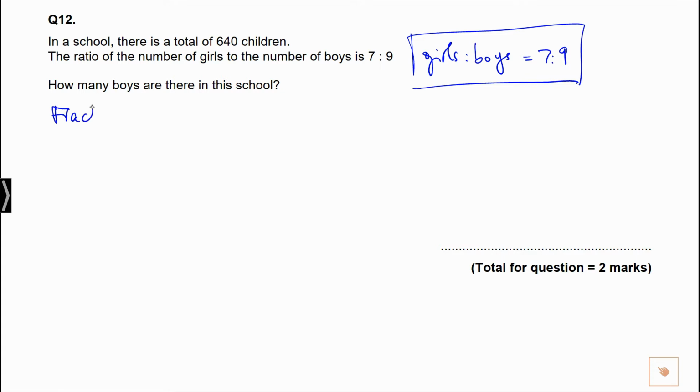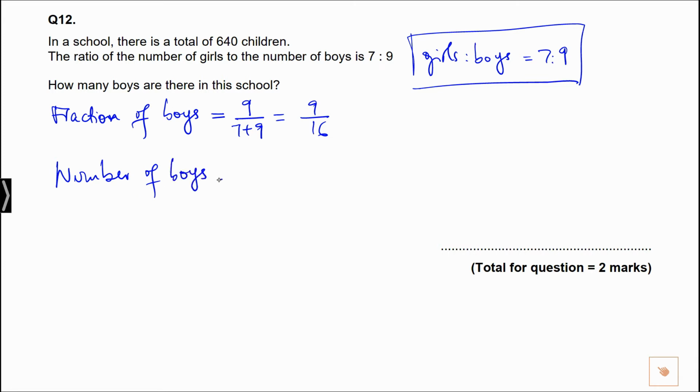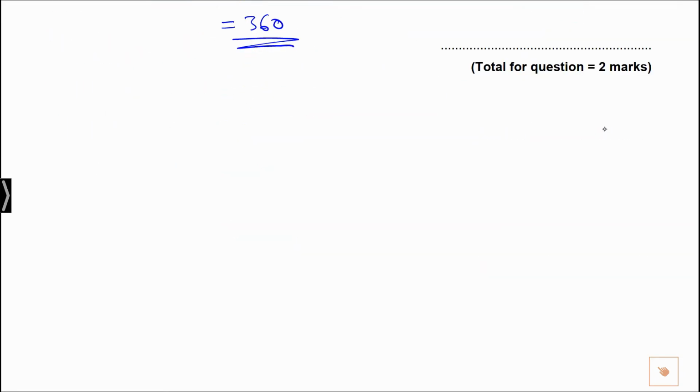So fraction of boys will be equal to 9 over 7 plus 9, which is 9 over 16. So the number of boys will be 9 over 16 of 640. So 9 over 16 multiplied by 640 to give you the total number of boys in the school. And that is equal to 360. Okay,